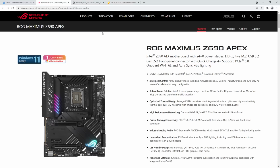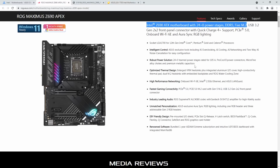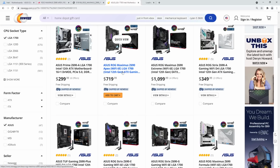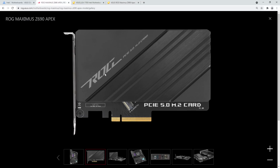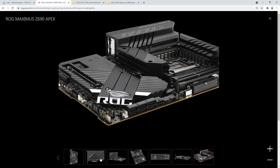Then, of course, we have the Maximus Z690 Apex, the only motherboard in the Asus lineup where I am actually kind of okay with the price tag. And I say kind of okay because it is so expensive. But it's such a cool board. And when I say such a cool board, oh yeah, so here you can see the Hyper M.2, Hyper PCIe Gen 5 M.2 card thing that Asus has. But no, the thing that makes this board so cool is the...